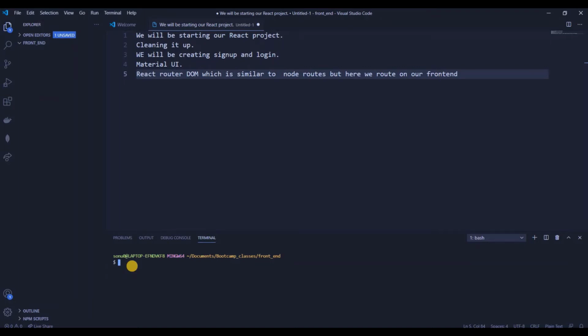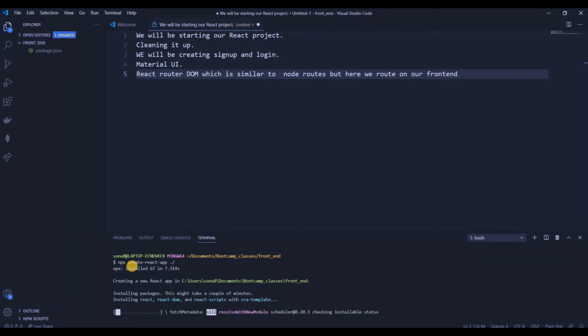So for getting started, let's start with npx create-react-app ./ and let's just click enter. It's gonna fetch all the dependencies it needs, and it's gonna create a complete file for you.